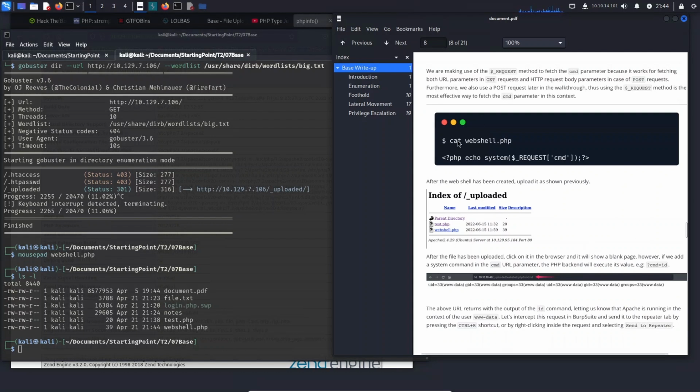And let's proceed to upload it too. And then with a right mouse click, we'll copy its URL location, then paste it in the address bar and add ?cmd=